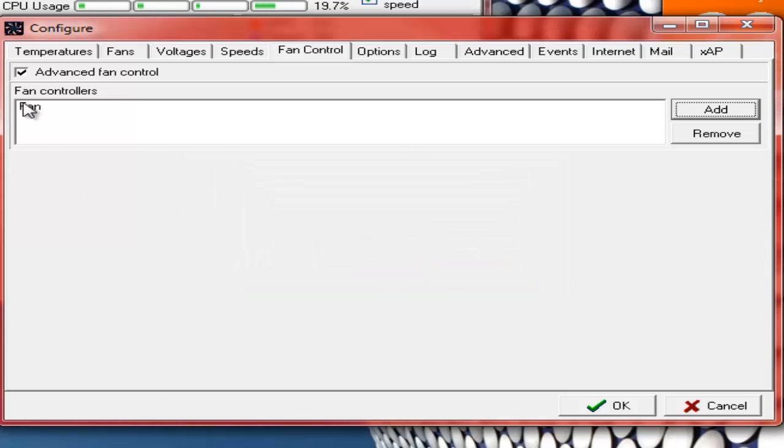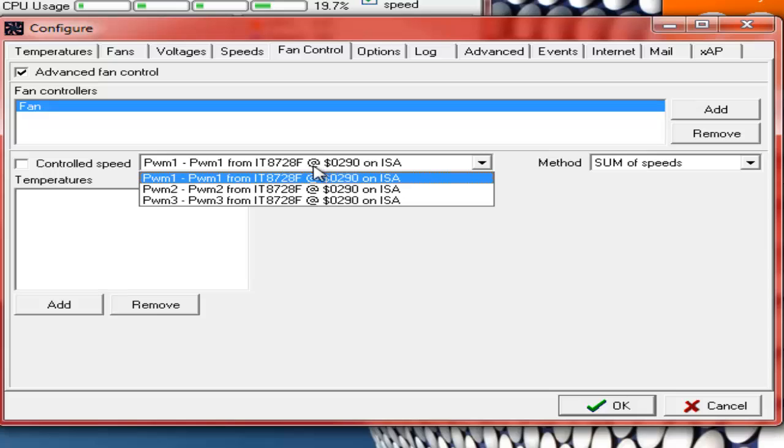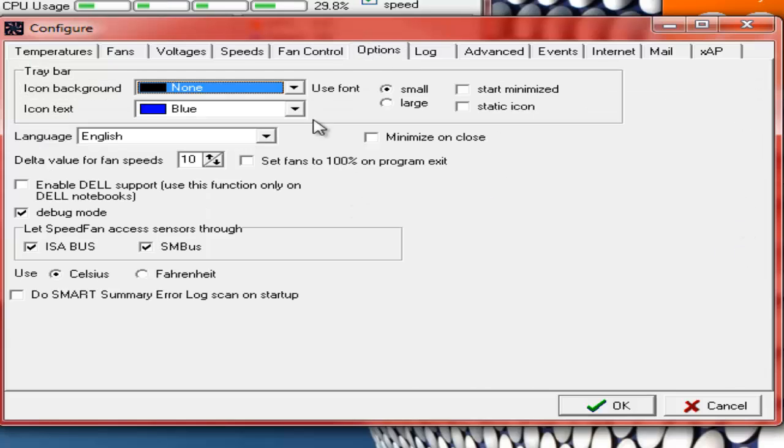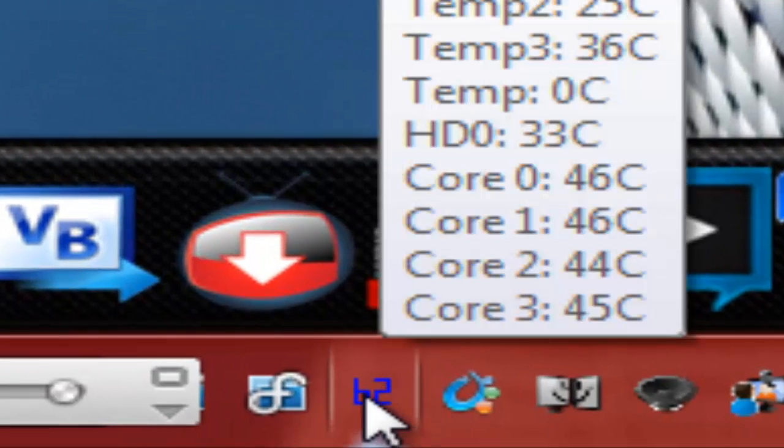You can tinker with that yourself. Now, I'm not 100% sure what on earth this is. Tell a lie, yes I am. This is the tray bar, because if you look in the tray down here we have a little 62, which is the graphics card temperature, because that's the one I set it to,